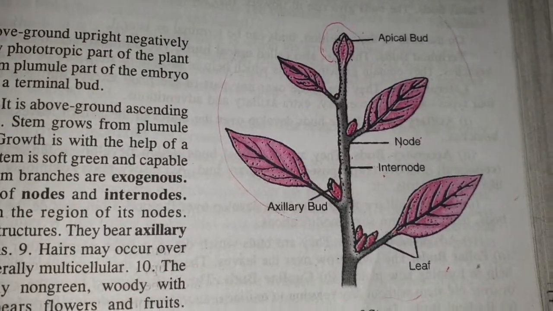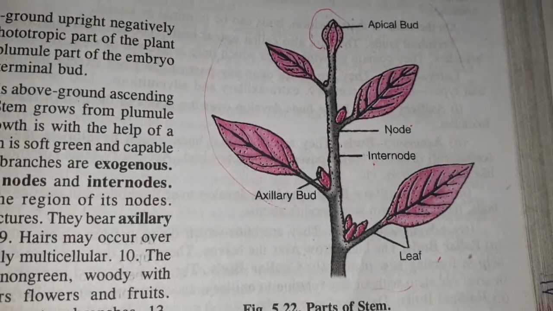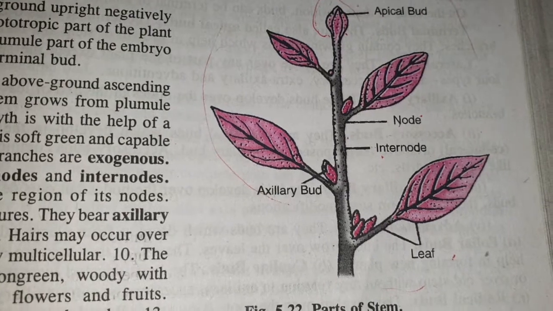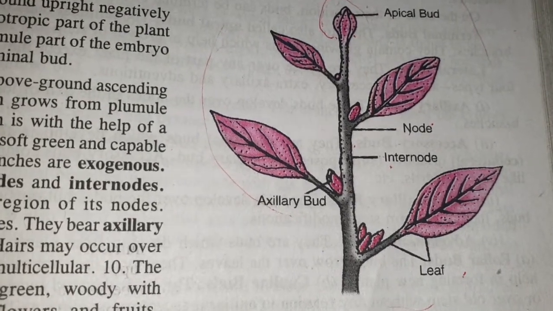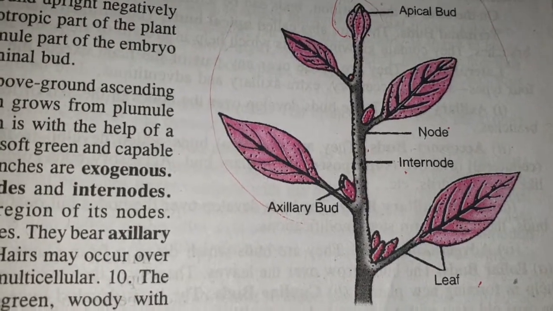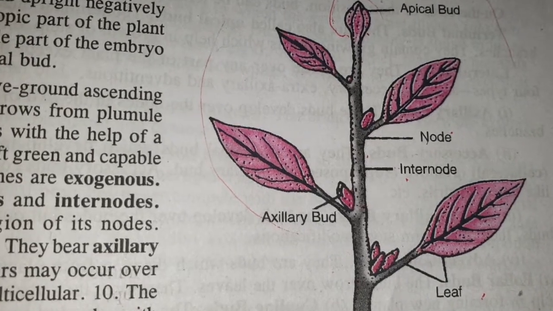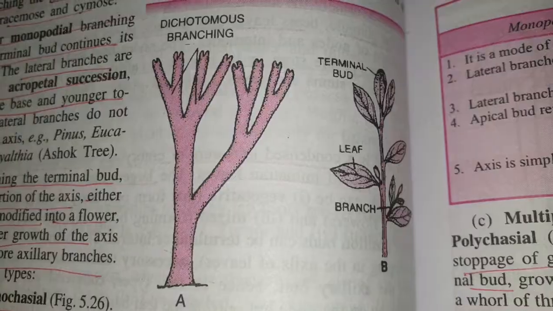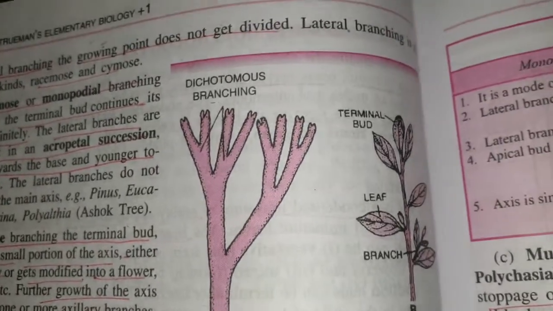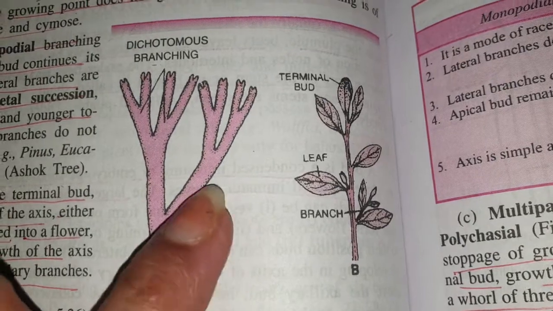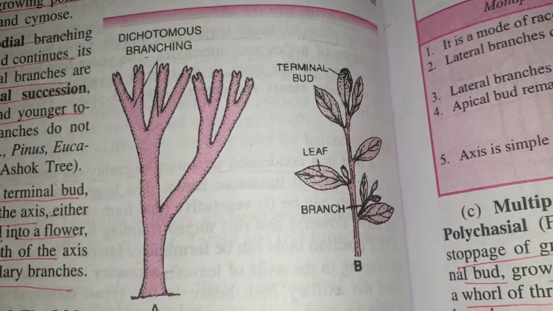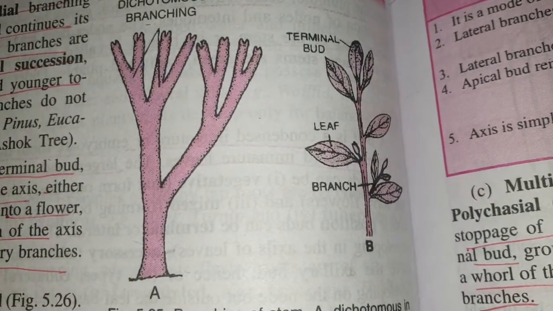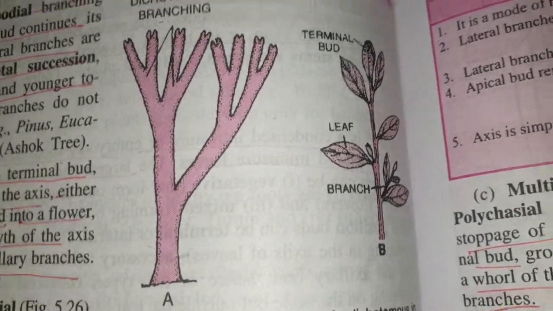Now next, when we are talking about stem, definitely branching portion will also come. So based on that, we find two types of branching. Okay, one is called the dichotomous branching. Dichotomous branching means when the branching takes place in two directions. As you can see, this is the dichotomous branching, this is the main stem, it is dividing into two parts. These branches are also again dividing into two parts, isn't it? So these are the dichotomous branching.